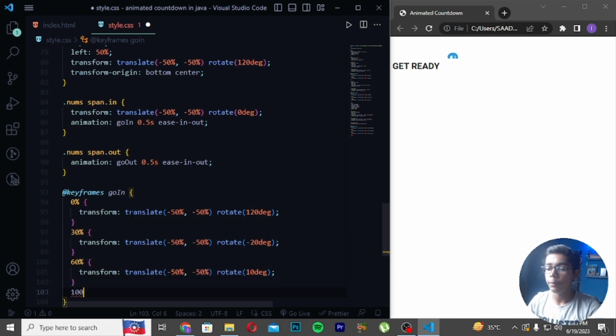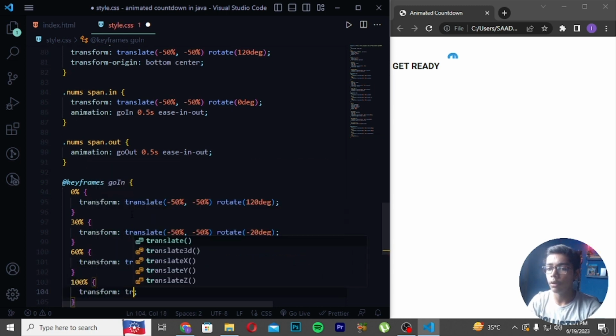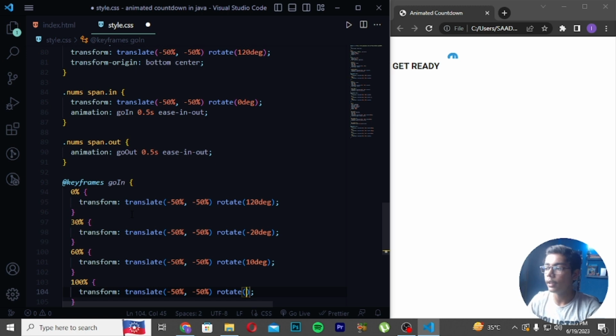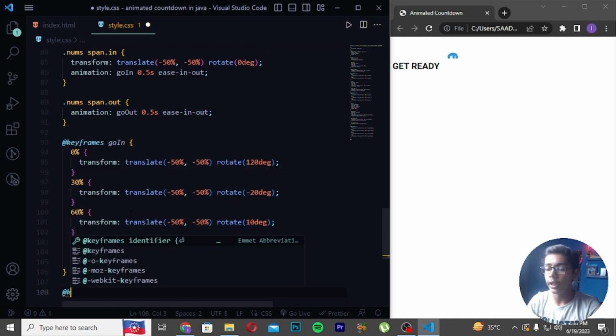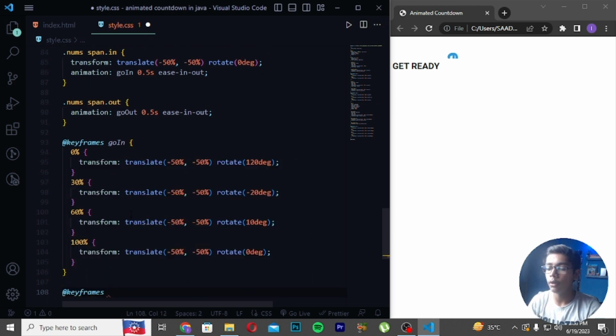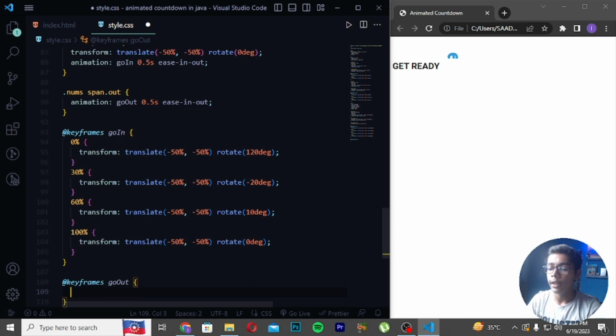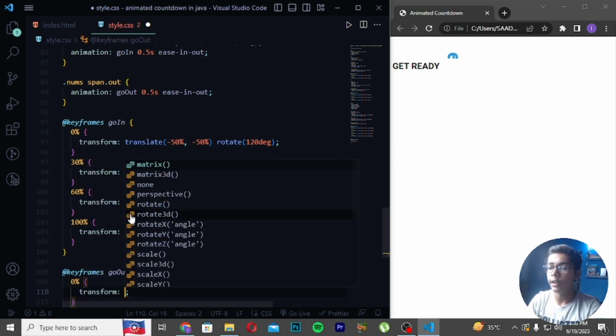Then right here 100%, and right here transform, translate(-50%, -50%) again. Then rotate will be different, like at the top it is. So I will be writing here 0°. Now when you have created this, you have to move after this to the next tag. Right here keyframes this time, and right here go-out, and write 0% here, and right here transform,